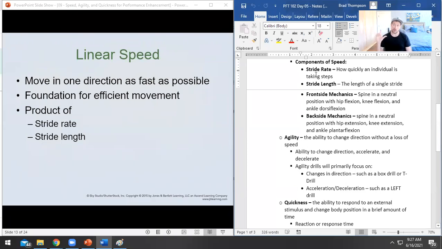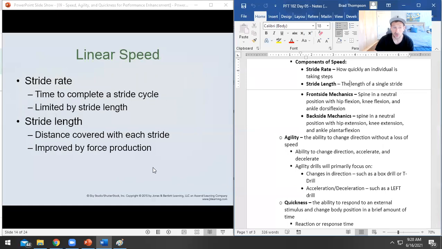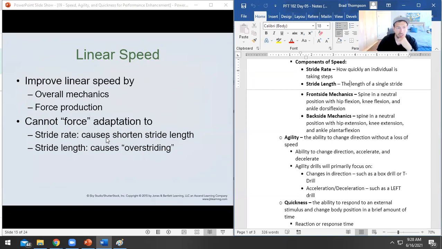Bounding and fast speed are both based in velocity, but then we've got overspeed drills where we might pull our client or have them sprint down here, which is also based in velocity. And then we've got a good force drill in our resisted runs where they have to push a weight sled or pull a weight sled or pull against a band. So all those are really good. And here are the definitions: your stride rate is the time taken to complete a stride, and stride length is the distance covered with each stride.